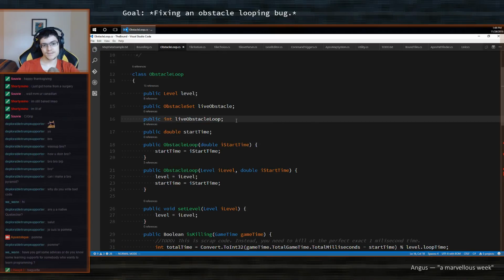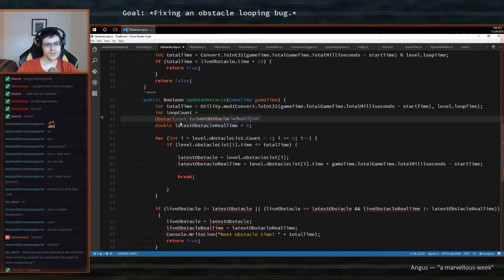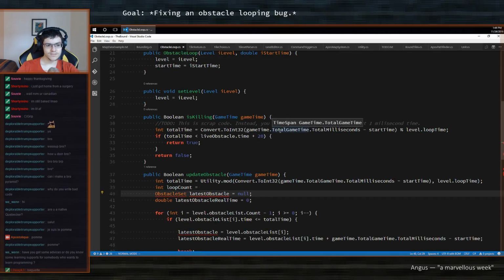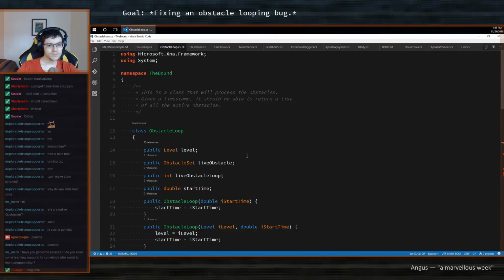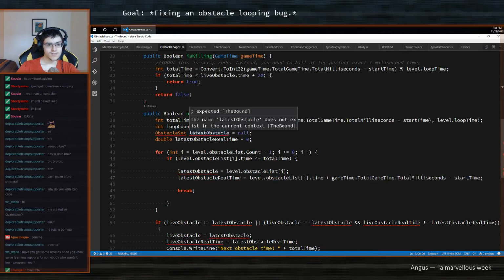Okay. Why is there an error on this guy? Oh, because I put an equal. Fuck me.